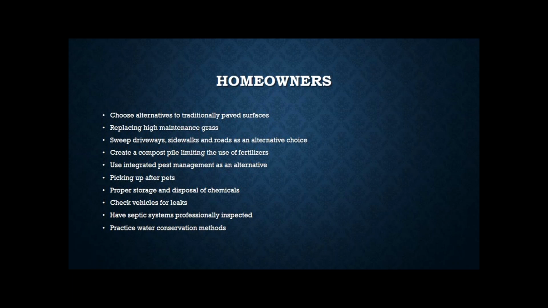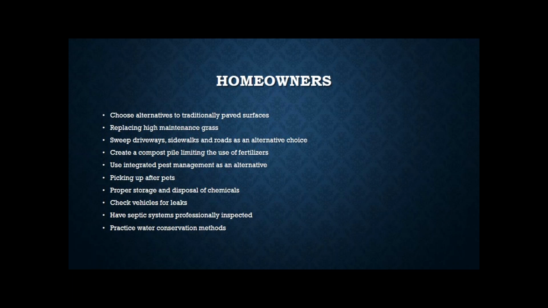And also, a lot of us have cars and driveways. Sometimes it's the older cars, sometimes it's our newer cars and we don't even know it. Make sure you check your vehicles for leaks, so that oil isn't spilling into the driveway, because oftentimes when oil spills into the driveway, we just kind of let it sit there. A lot of people don't really go through the measures to actually clean those oil spills up. And most of the time when we do clean the oil spills up, it usually is someone standing outside with the water hose rinsing it back into the environment.